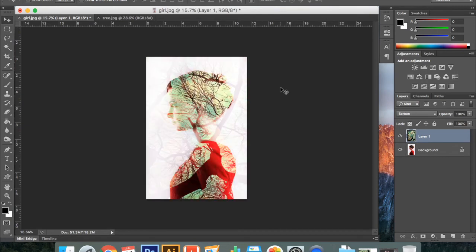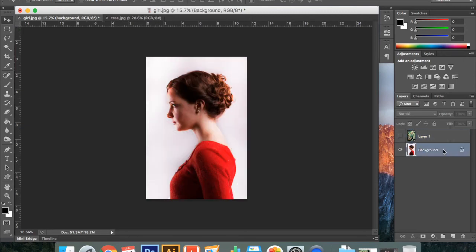Another thing that you can try, if you like an effect that looks like this but you don't want the tree to be in the white area, is to hide your tree layer. Let's go back to the background. You can get a selection around the girl. I'm just going to quickly do this with the Magic Wand, holding down Shift to add to the selection. And I'm not going to worry about it being too perfect right now,